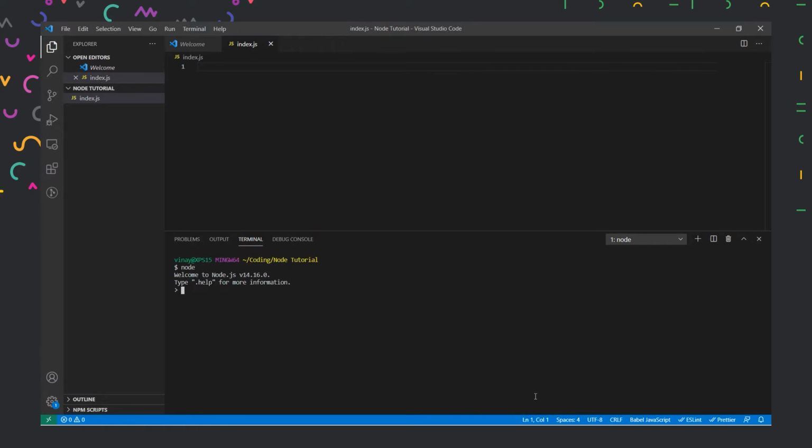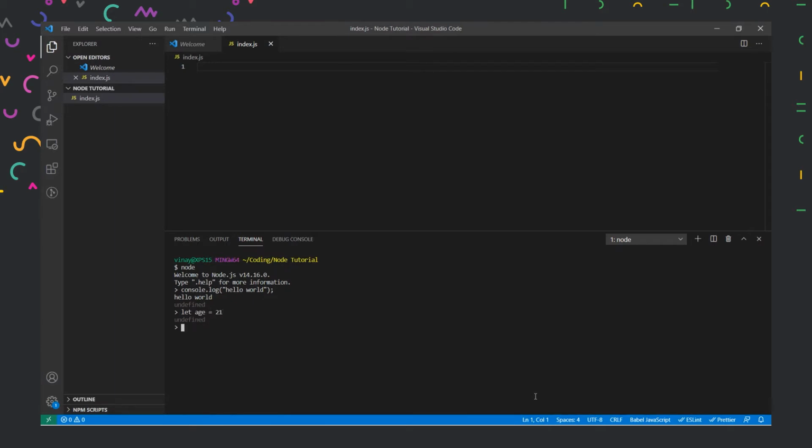We can pass any command we like. For example, if I log hello world, it will print hello world in the terminal directly. It evaluates the command I have passed and displays the output in our console itself. If I were to create a variable, I could just type let age equal to 21.